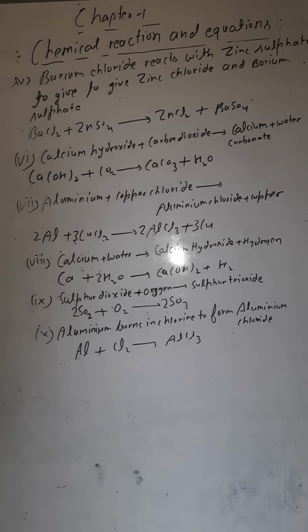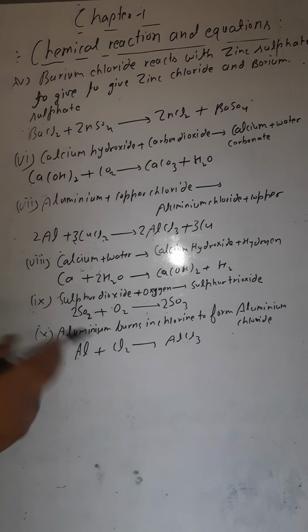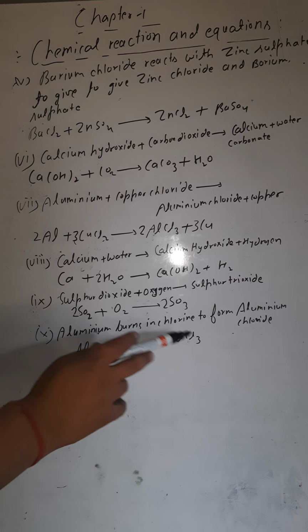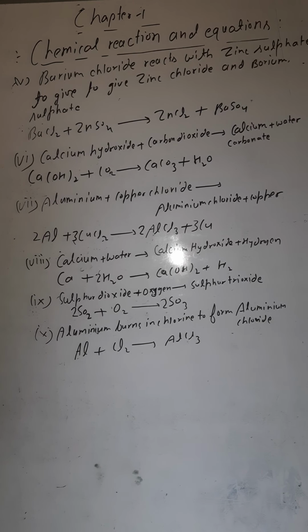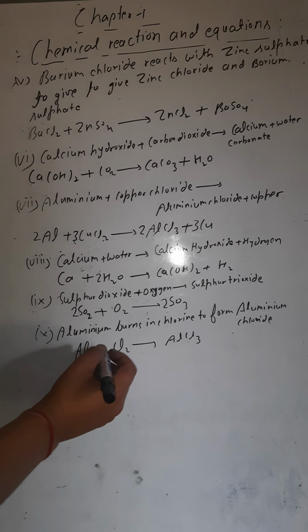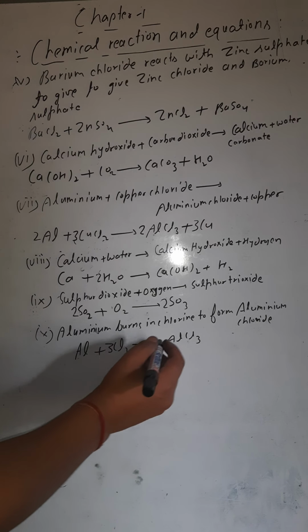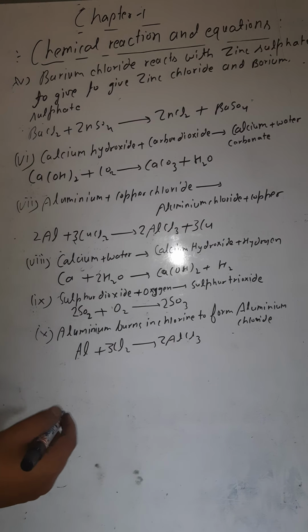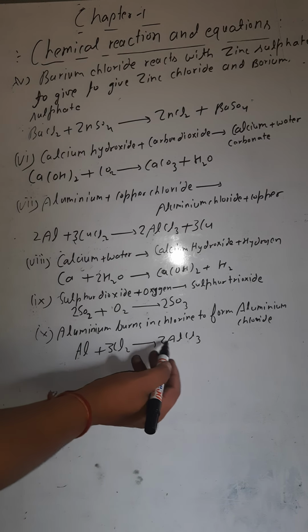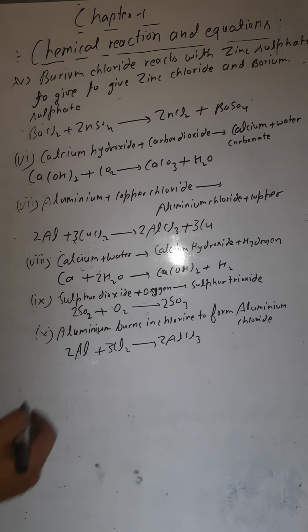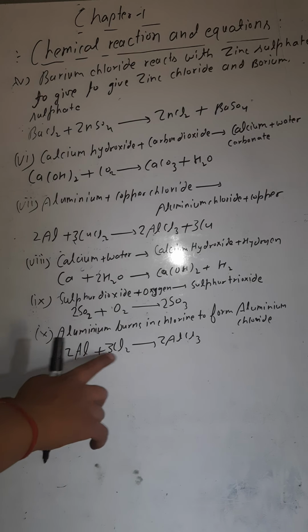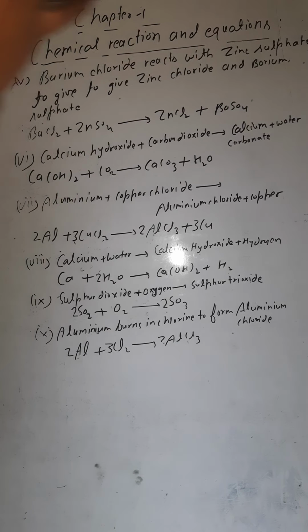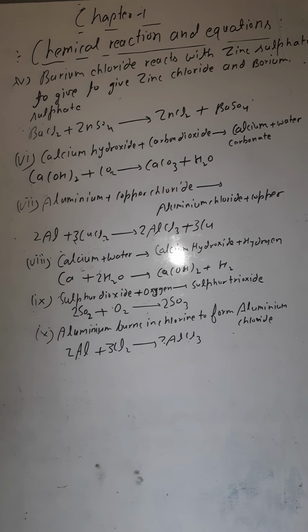Okay, just balance this. First we will balance aluminium metal, 1 1. Then we'll balance chlorine, 2, but here 3. What to do? If you multiply here by 3 to the 6 chlorine, here by 2 3 the 6 chlorine. And aluminium, check now. Aluminium 2 here, only 1 here, so here also multiply by 2. 2 aluminium, 2 aluminium, 6 chlorine, 6 chlorine, all are balanced. So this is how we will balance the chemical equations.